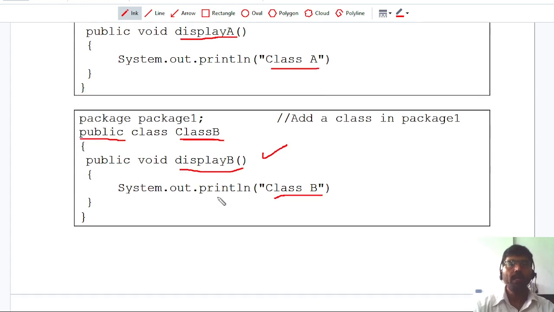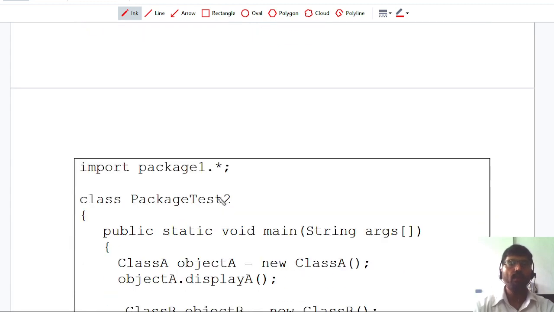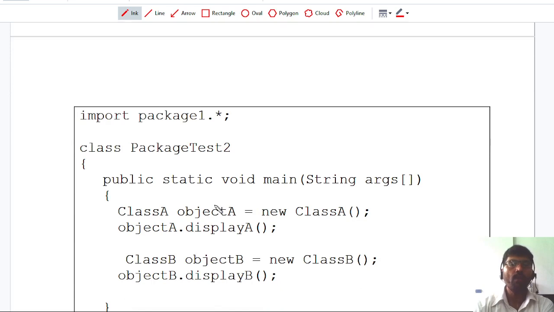Once you have done this, I have to go outside the package1 folder, and I have written one more Java code called PackageTest2. Here I have created one class called PackageTest2. Before that, I have to import both classes. So I have written import package1.*.